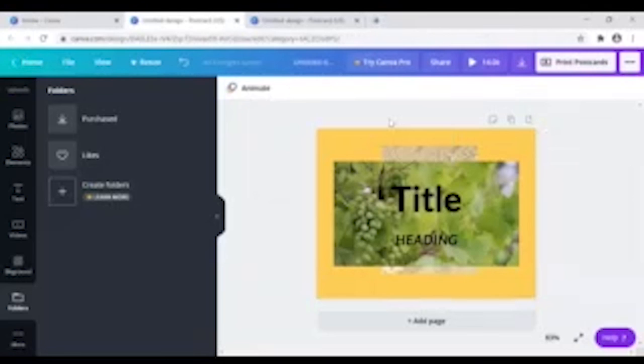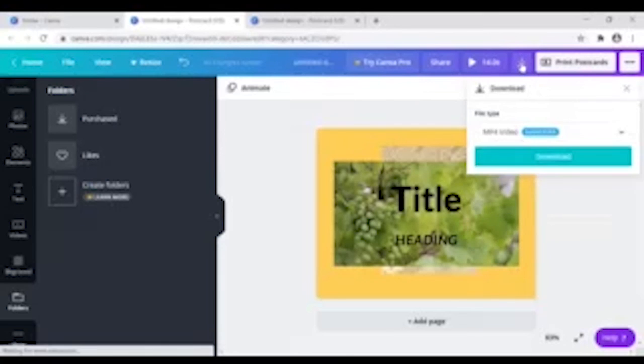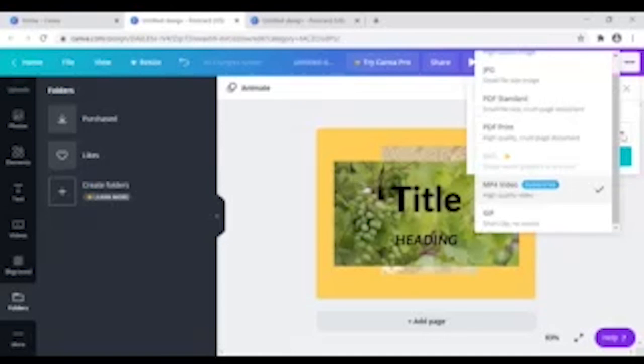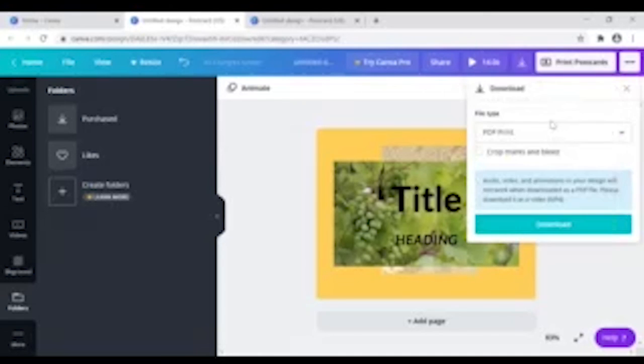The last part of our today's session is focused on how you can download the infographic as a PDF file. We can download it as a PDF file by clicking on the download option. And here we have different options available. So we have to click on this arrow and we have to select PDF print.